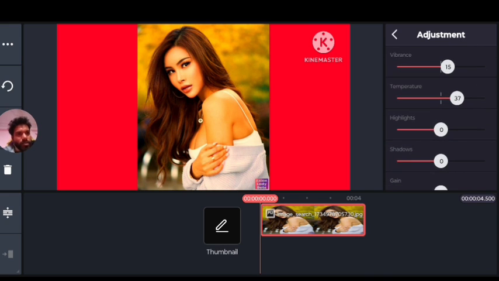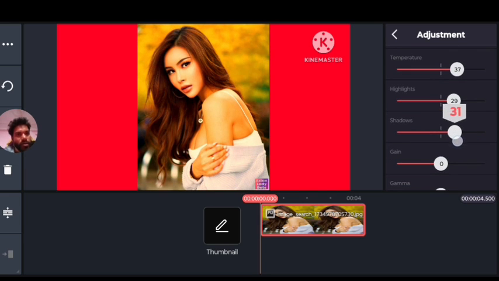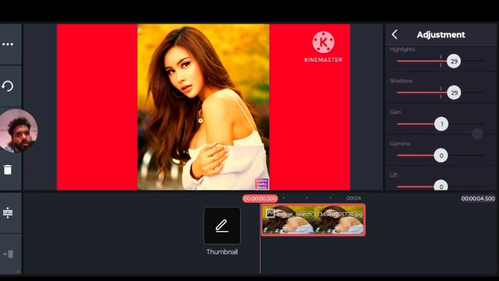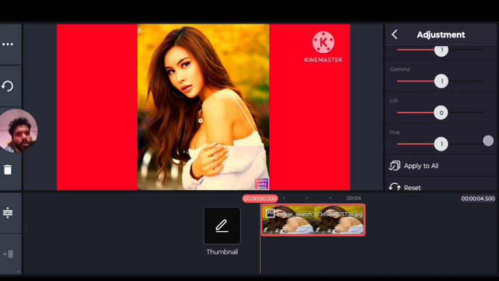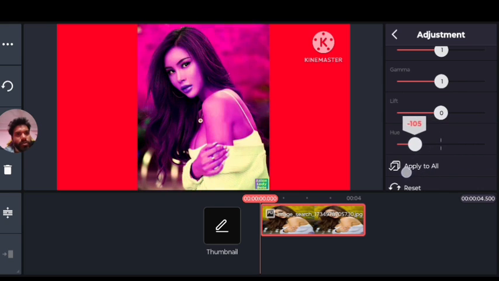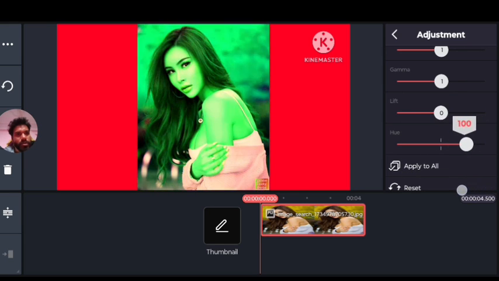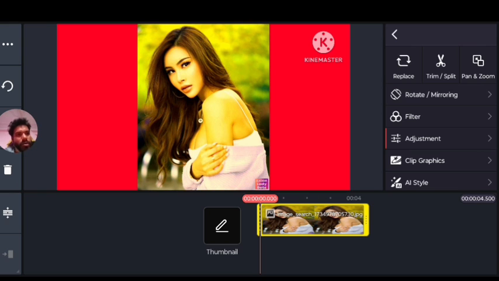then click on highlight, then click on shadow, then click on hue. Last step is hue. If you want to change your photo's color, you can choose one of these, like this. Then if you want to make it more beautiful, you will click on